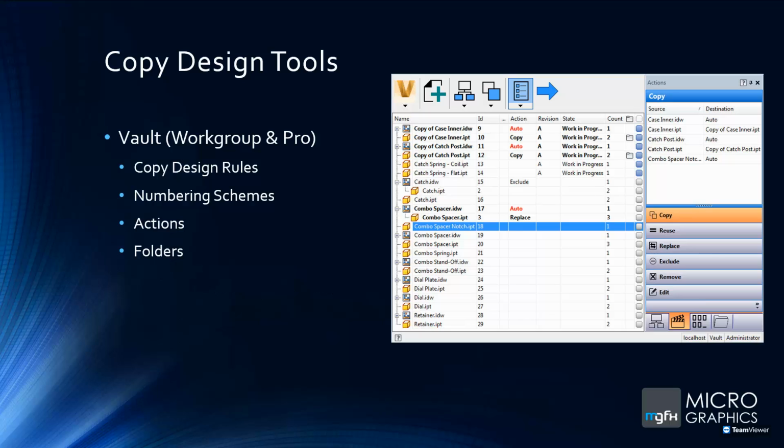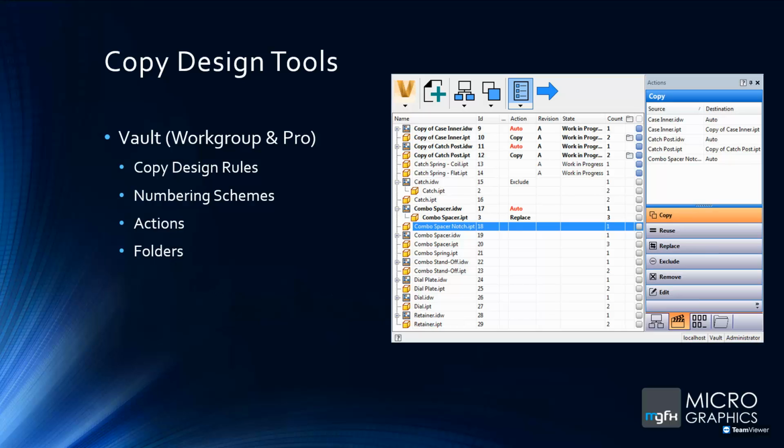But the overall enhancement here is that you can also run rules. You can create a set of rules that have to be run on every single part in the copy. That rule could be something like blank out any custom properties, so any values in those properties are removed. It could reset properties or set different values as the components are being copied. So it's almost like scripting. You set up a rule for those components. It's easier to see and implement numbering schemes during the copy design process as well